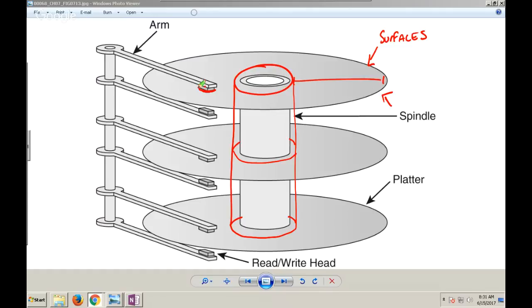Now I've only got one thing kind of mixing that. What happens if I've got 6 things going different directions at high speeds all at once? What is that going to do to the air? It's going to create turbulence. And what's turbulence going to do to that read-write head? And if that read-write head touches the surface, what happens? Head crash, game over.